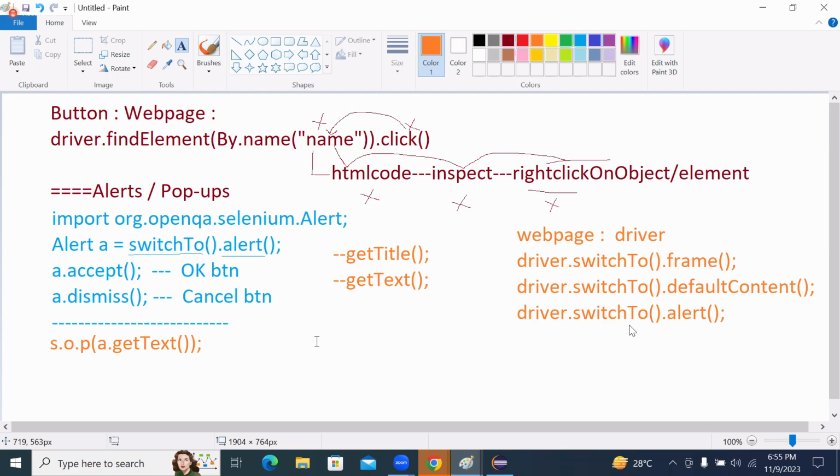Functionality of getText is to retrieve text from application or web page. Requirement is to retrieve text from alert. For that, we are using the getText method only, but taking care to call alert object dot getText here. Particularly interviewer